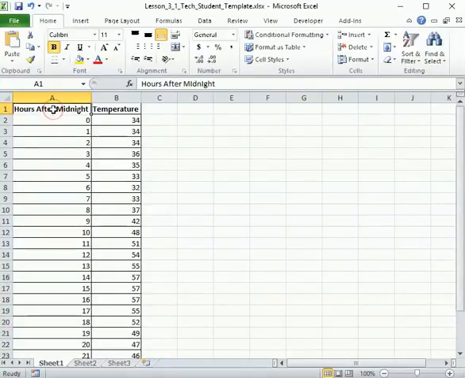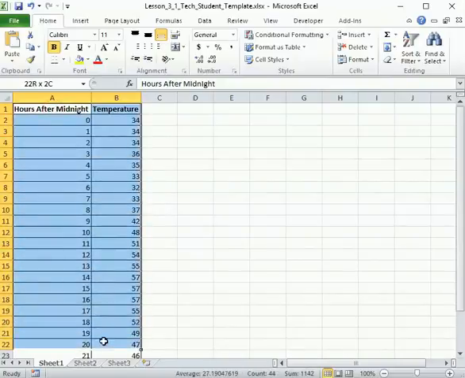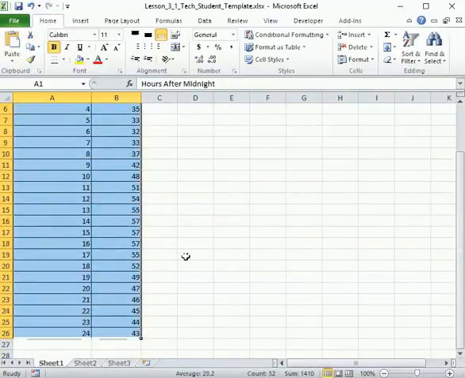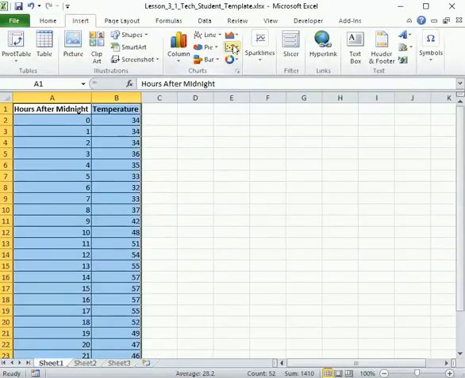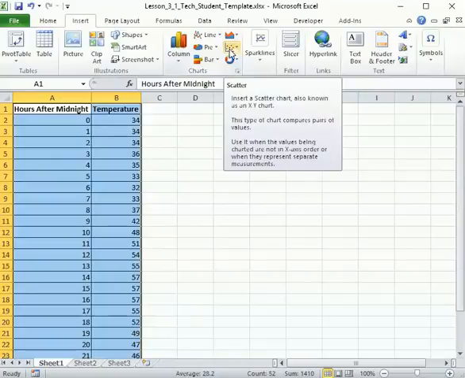And so we need to first off select all of our data, and notice I did select my headings up here, my labels, and it will include those in my chart. And so it's kind of handy if you already have them in there. It puts them right in. Super easy to have a title on your chart if you want that. If not, just don't select that when you're selecting your data. We're going to go to insert right here, and then this one right here with all these dots, that's our